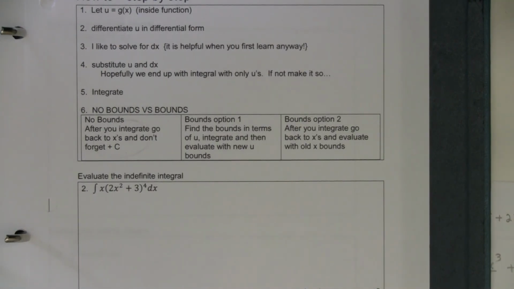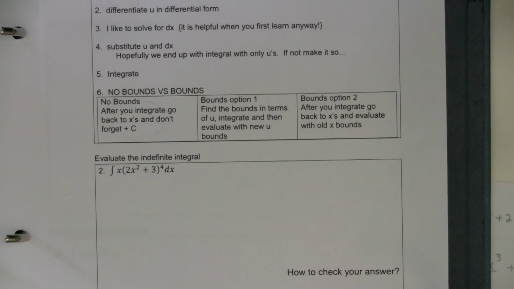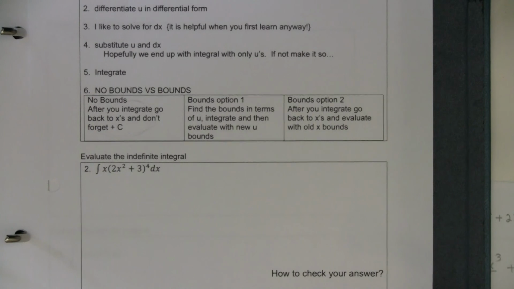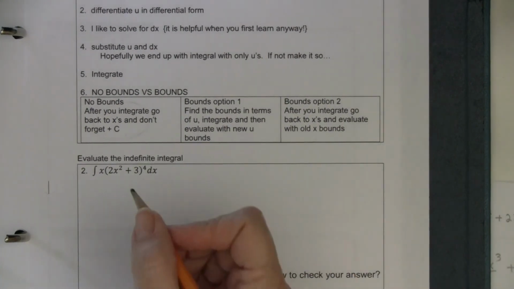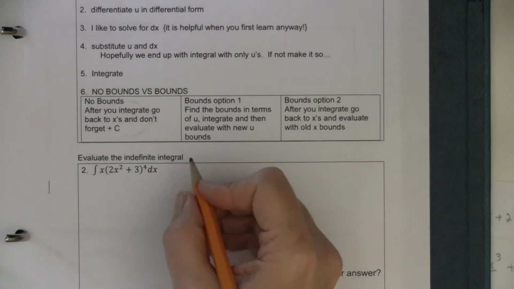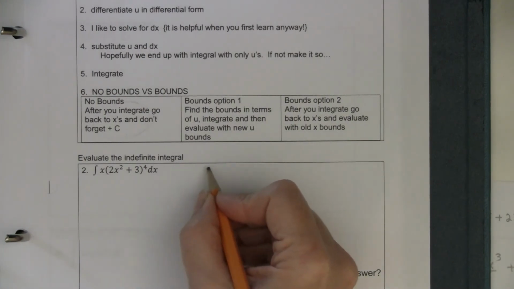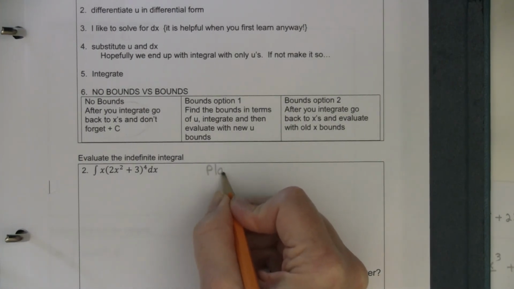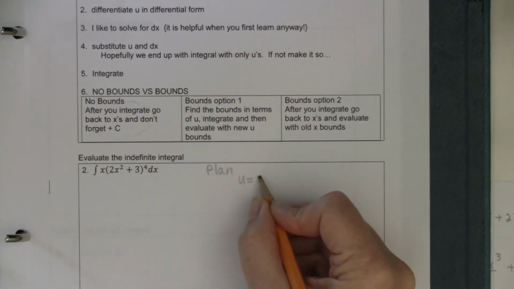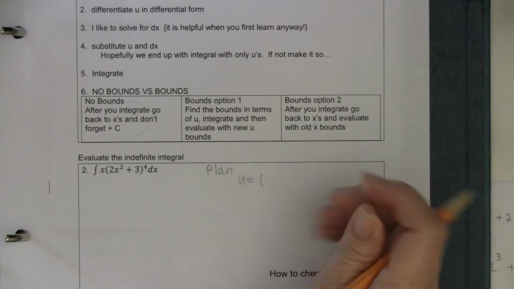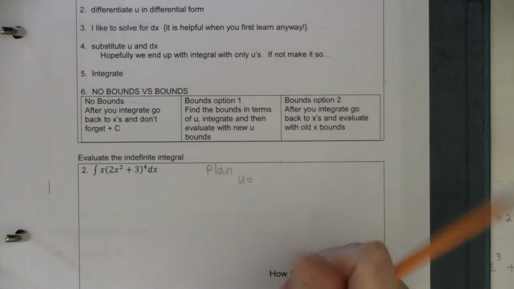Okay, so we're going to do that problem that we started off with, but this time we're not going to say, "Hey, I know the answer." We're going to give it a try using the u substitution. So the first thing that you do is you let u, and I like to have my plan over here. So here's my plan over here. I'm going to let u equal, and my inside function is 2x squared